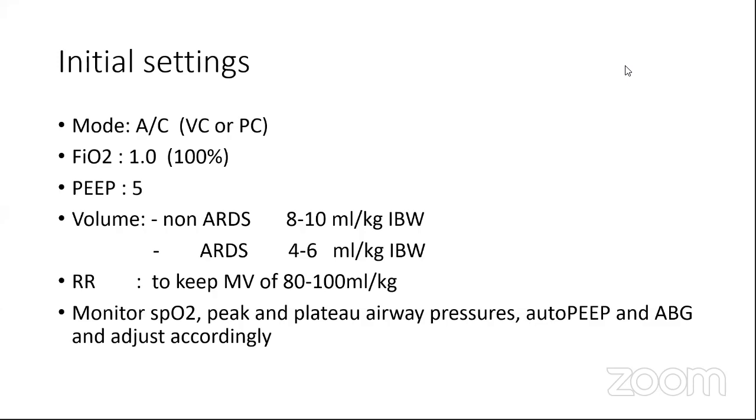Okay, as we said, you control CO2 through both the volume and respiratory rate. So obviously, if you are ventilating an ARDS patient choosing less volumes, then you'll need to set your rate at higher rates and vice versa. Generally speaking, you initially set your minute ventilation, which is the product of multiplication of volume by respiratory rate, to 80 to 100 milliliters per kg